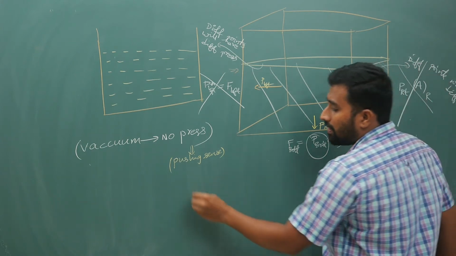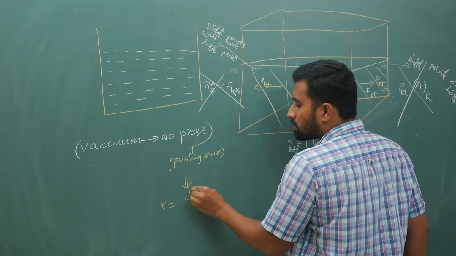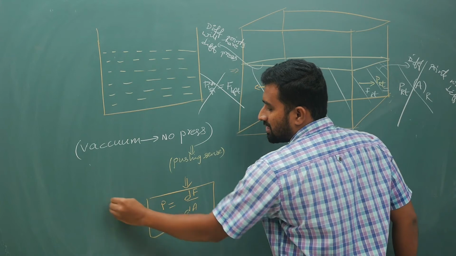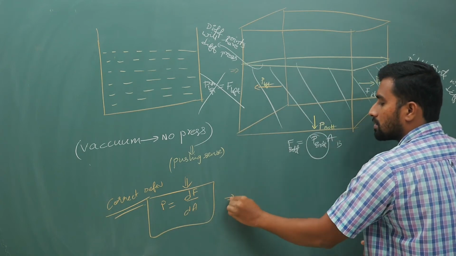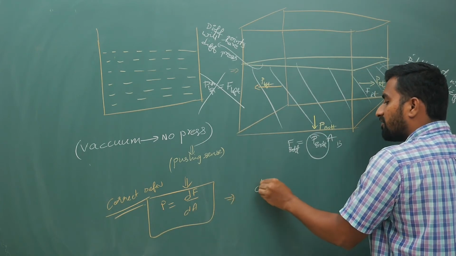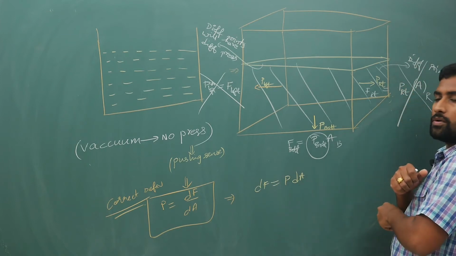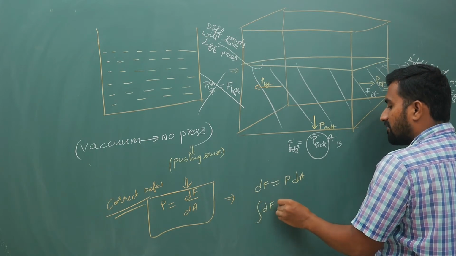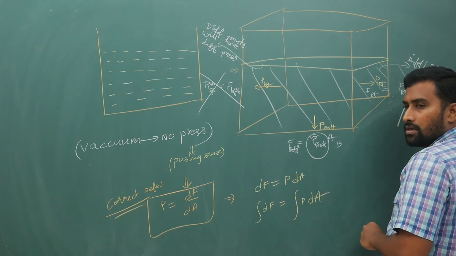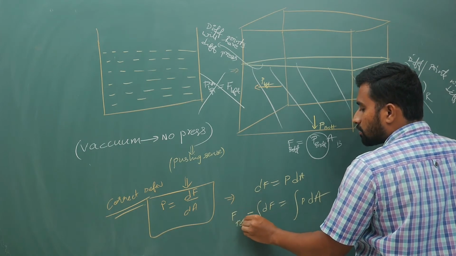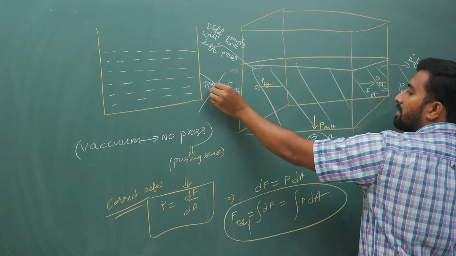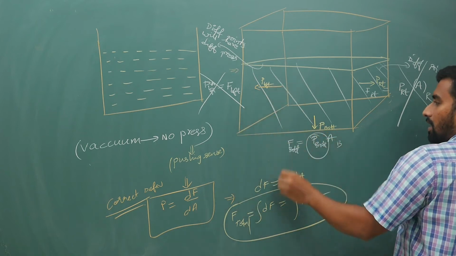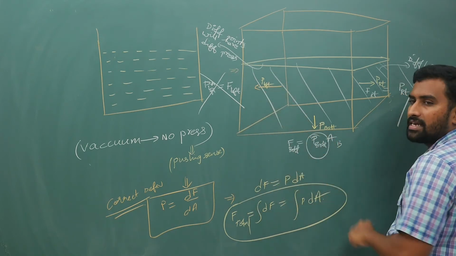So that is why our basic definition of pressure is actually small force by small area dA. This is your correct definition. And if you want total force, what do you do? Small force dF is P times dA. If you want total force, it is integral of dF is equal to integral of P times dA. So that will give you your total force. Integrating small force will give you total force. So when it is variable, you cannot write pressure into area. You have to take how pressure is varying as a function of distance and then integrate it.